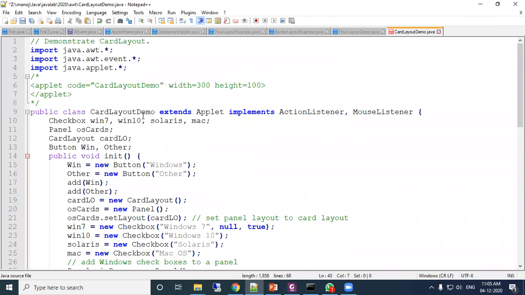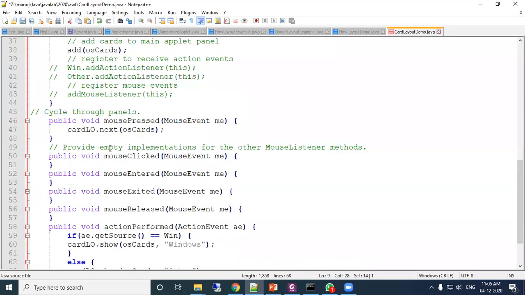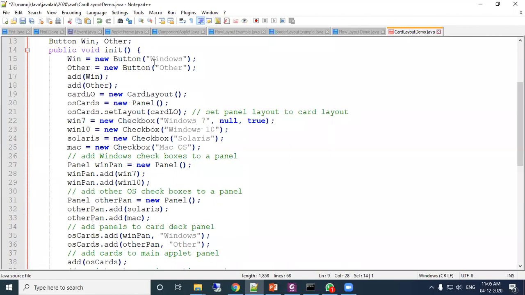So here the applet is extended and CardLayoutDemo is the class name, and inside the applet we have created two pans, the total pan, that is OSCards. OSCards is a panel.